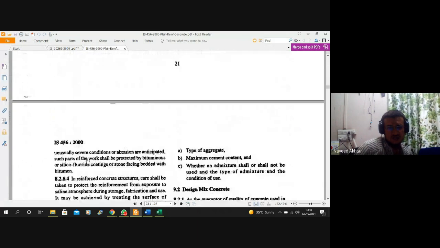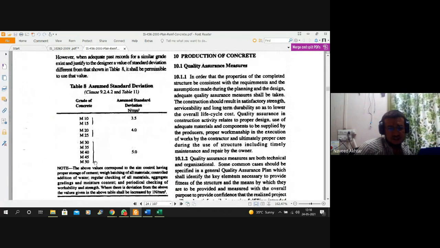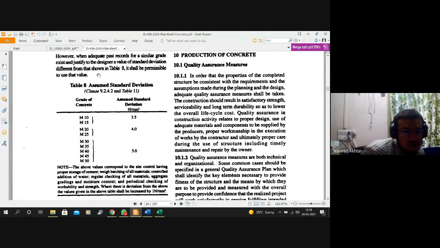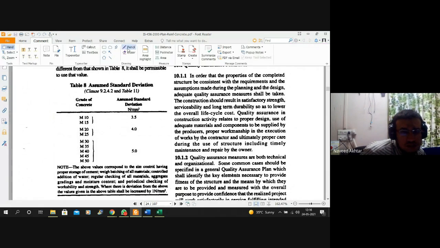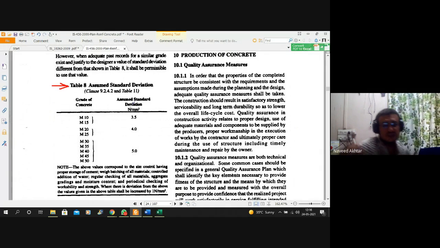So either you can use table number 8 of IS 456 or table 1 of the IS. You can see here this table number 8, which represents the assumed standard deviation given based on the grade of concrete.